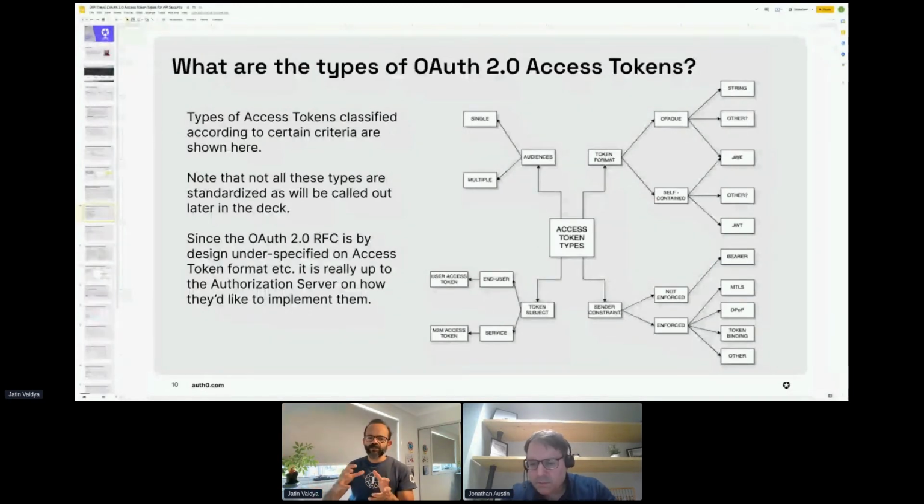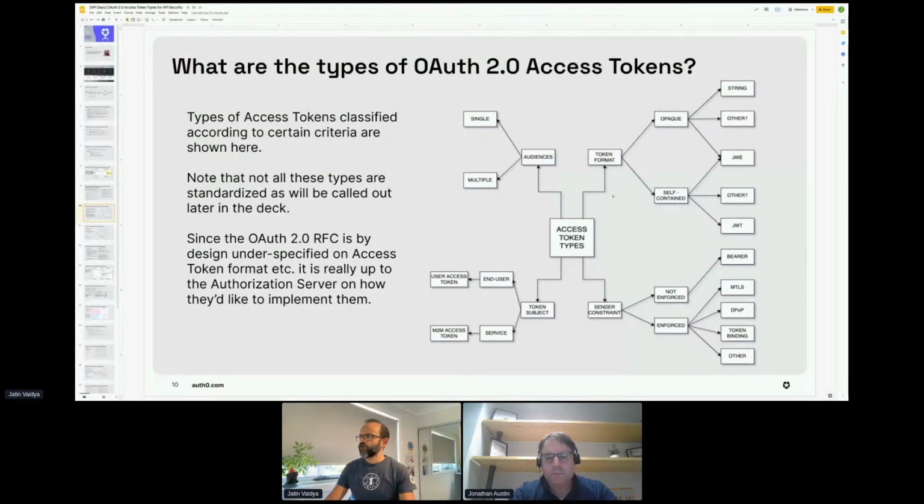So it's like machine-to-machine communication going on in the background. Whereas a user access token is used by the client application to access the protected resource on behalf of the end user. So this is the key difference between these two types of access tokens: the user and the M2M.